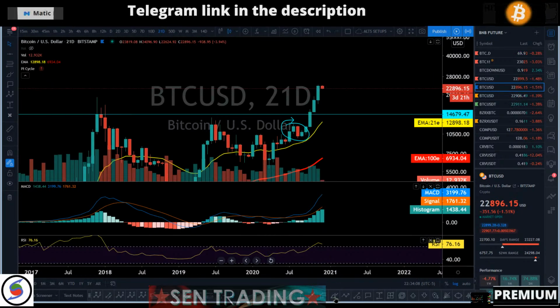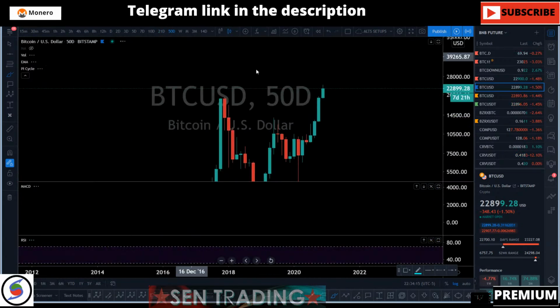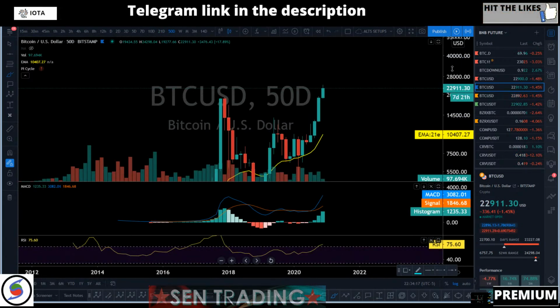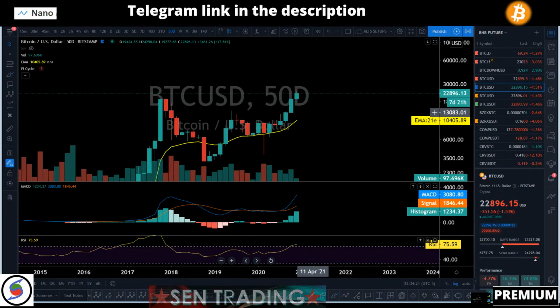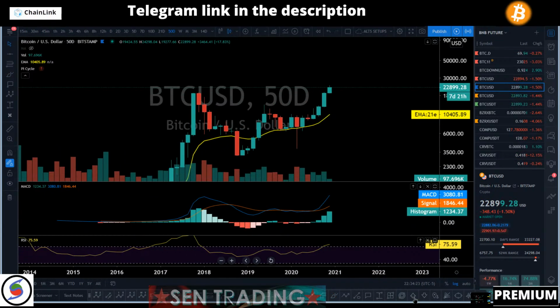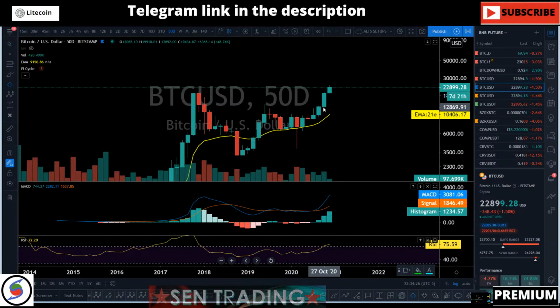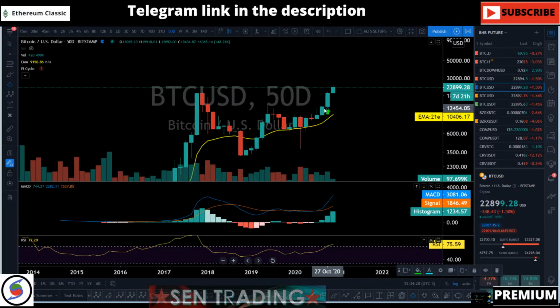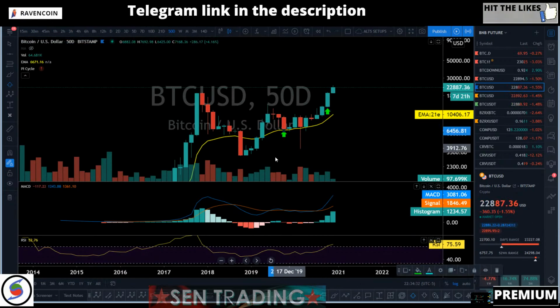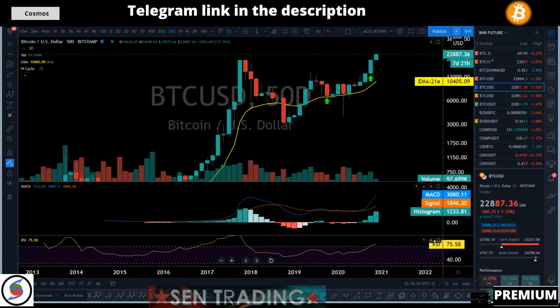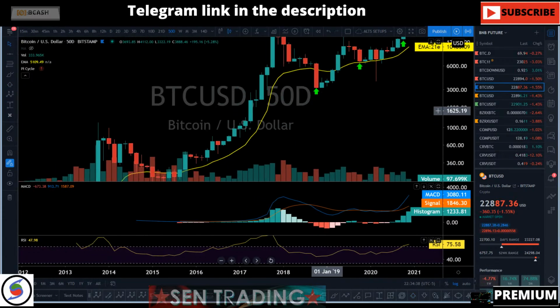it could be pretty volatile, because we talked about it on the 50-day cycle. It is quite interesting. Regarding the 50-day cycle, you can see the October 28th right there. This one was also October 28th, October 28th right there.